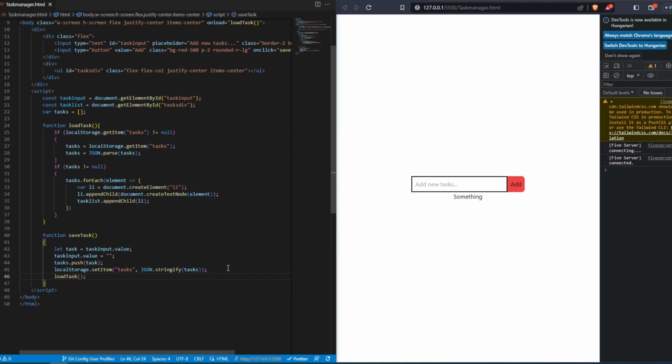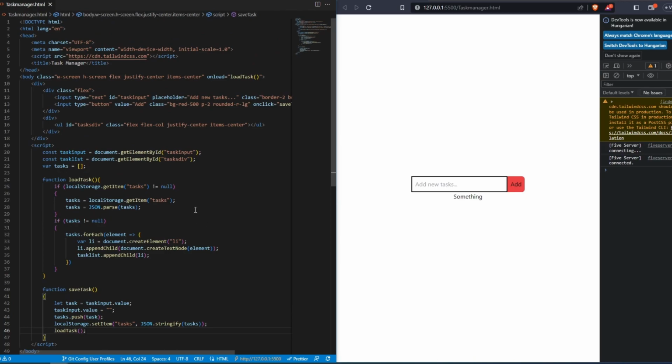And as you see, I refresh the page with saving this file because I'm using this extension in Visual Studio Code. And as you can see, the load task function executed successfully, and we can see the something that we added before here. So if I add a new task here, for example, new task, then you are going